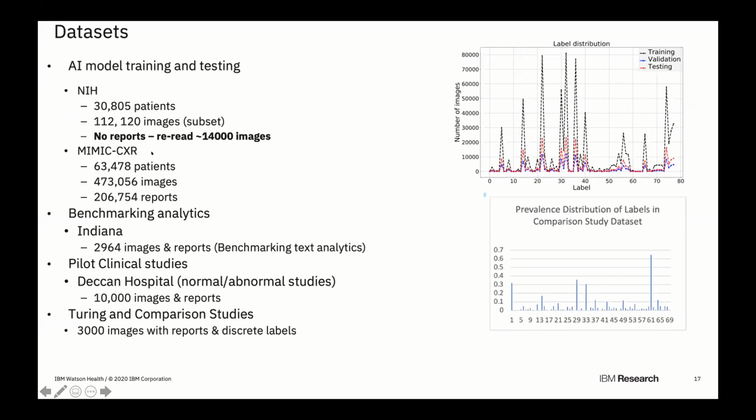Much of this MIMIC CXR database is now available also in open source, but at the time when we started, this was exposed to us through a consortium agreement. It has about 60,000 patients and 450,000 plus images, whereas the NIH dataset came with about 100,000 images from 30,000 patients, but only a small subset of them we could use because the labels that are provided only covered 14 findings. So we ended up having to relabel this dataset to a large extent for the full coverage of findings.